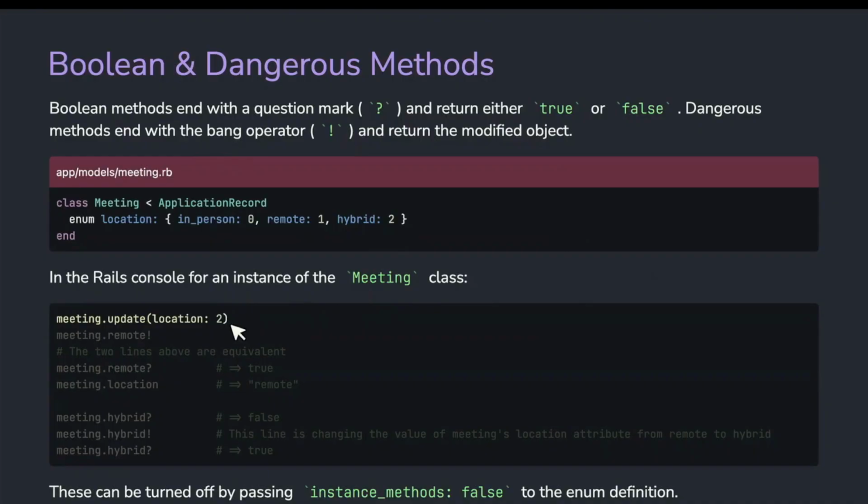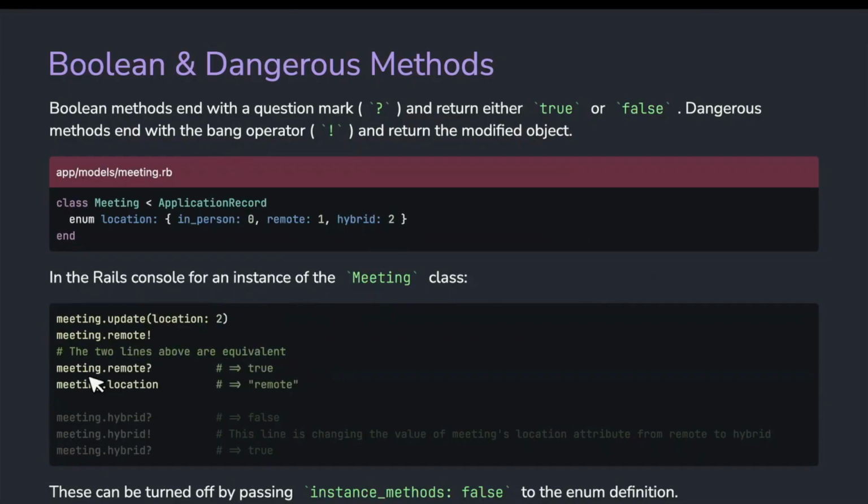Location 1, and then meeting.remote. And I will fix this right after, so if you want to download the slides, it'll be fixed. So the two lines will be equivalent if it's location colon 1 and meeting.remote with a bang, because this updates it in place.